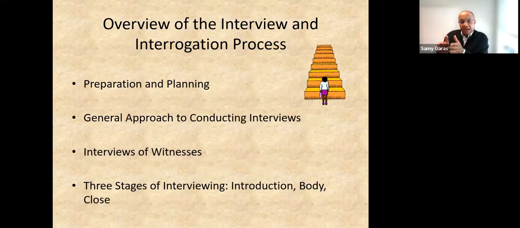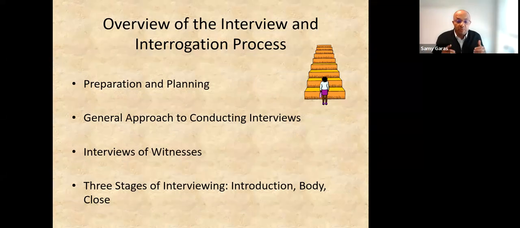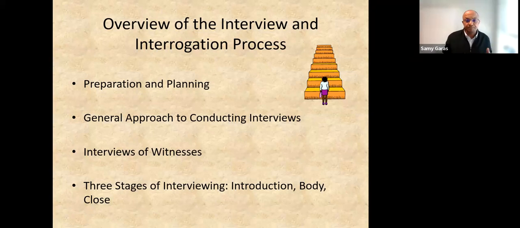So now we know the difference between interviewing and interrogation. Then we know how we make the interview, either in a fraudulent act or in a financial crime. Now we need to prepare for our interview if we go for the witness or, most probably, for the perpetrator. Number one, we have to spend time in planning. We cannot jump into the interview with maybe just a set of questions. We have to plan properly. And I will tell you now what we need to keep in mind when we are planning.